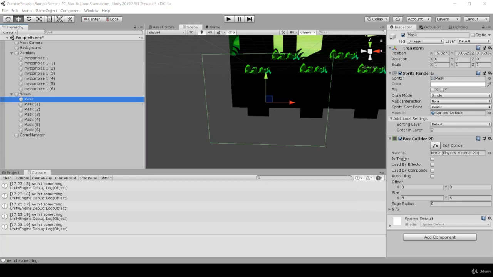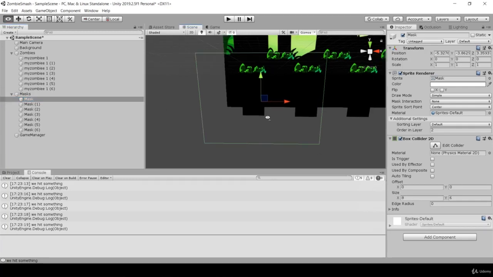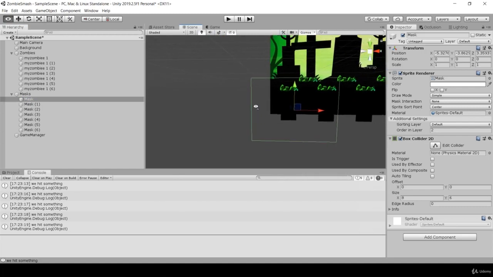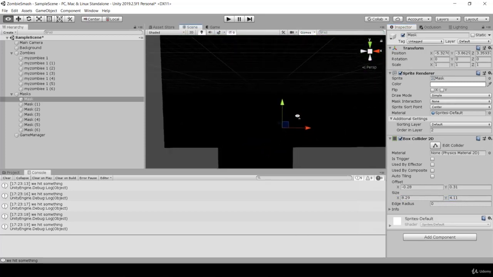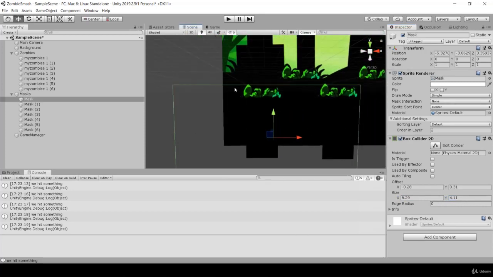Okay, so if I look at this collider here, we can actually change the size and the offsets and so on and so forth. And in some cases, we might have to do that. Now, in the case of the zombies, we didn't have to do that. But over here, we were not as lucky. So to give you an example, if I change this offset here, then we can change how far away it is from the x-axis and how far up and down it is. And we can also change the size of it, and so on and so forth. Okay, so what I'm going to do is I'm going to try and tweak this and try and make it so that it fits the actual